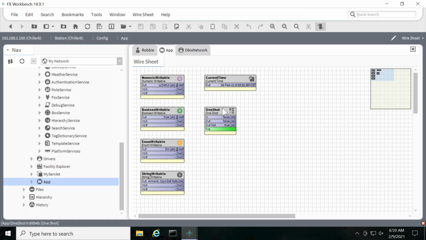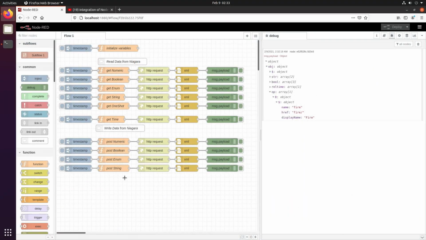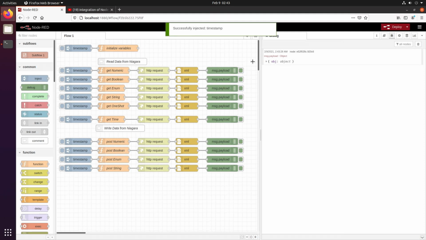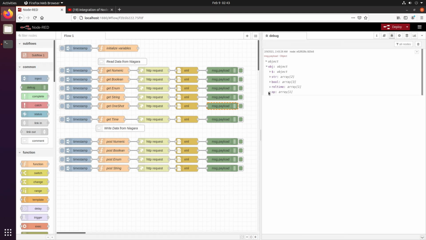So now if it receives a fire, it'll turn the out slot to true, and it'll stay true, but only for 10 seconds, and then it'll go back to false. Okay, now I want to show you how would you press that fire action from Node-RED. So let's go back to Node-RED. So we've got our one shot. When we do a get on our one shot, we get our object and we see our operation, and our operation is